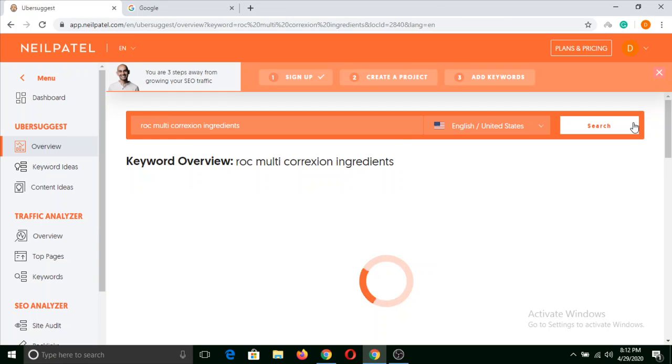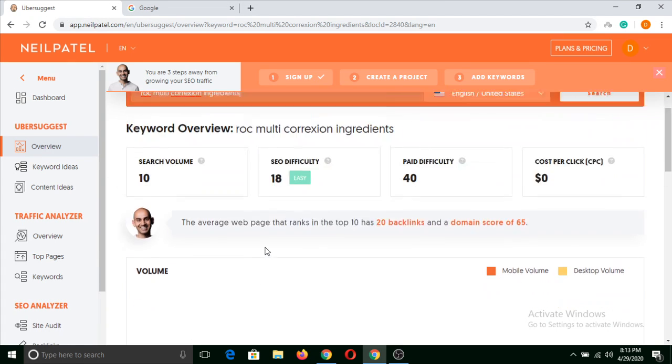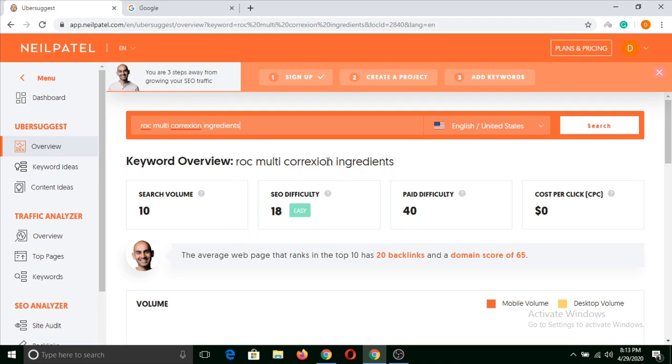So these search volumes are not exactly accurate, but you can take an idea whether it is good to write on these kinds of keywords or not. So basically you can just analyze that this kind of post people would definitely love to see if this post is in your website, right? Then they will spend more time, and you will get an SEO benefit with that, because people will be staying in your website for a longer time. So the search volume is 10 and SEO difficulty is 18. It is easy, right? And you can write a post on this and do internal linking in the way that I have told you previously.